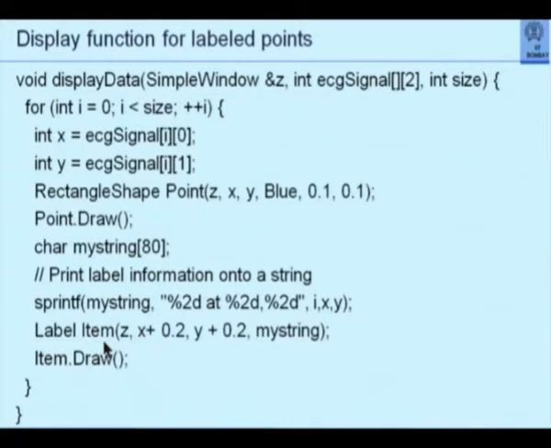What are the parameters for this class object? First, the window in which you want to draw. Second, the bounding parameter, the same thing, left corner, sorry, this is x plus 0.2, y plus 0.2. So, this is not the bounding box that you write in the text, but this is the starting position where you want this label to appear. What you are defining is that if my point was somewhere here, then just below it I want to write this string. So, it says x plus 0.2, y plus 0.2, my string. So, this string will appear there.